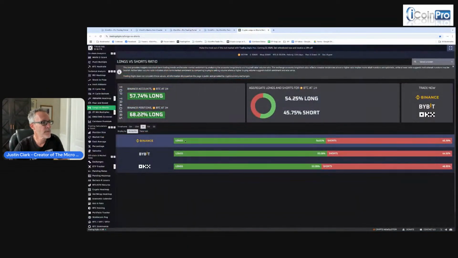Longs and shorts. Right now, we're sitting at pretty much dead even. So it's business as usual, essentially. No real huge concern here for me with the longs and shorts. Longs are people that are betting Bitcoin's going up, usually with leverage. Shorts are people betting Bitcoin's going down, usually with leverage. When you introduce leverage, that means you're borrowing money to exaggerate your gains or your losses, and it makes it much, much riskier, okay?